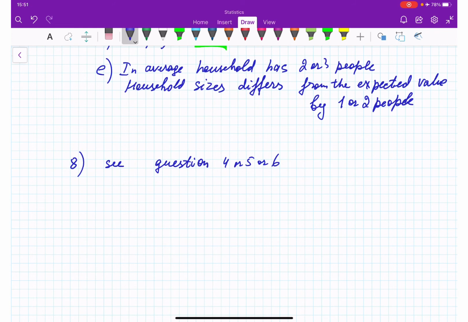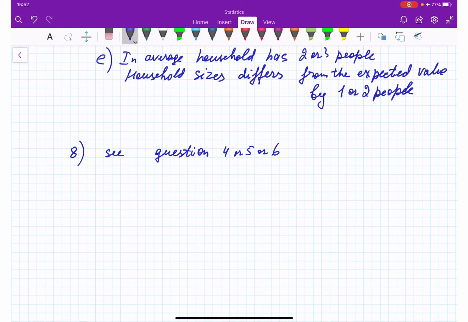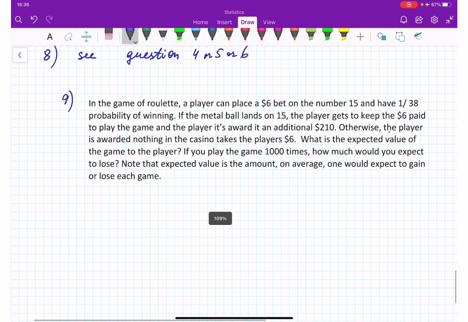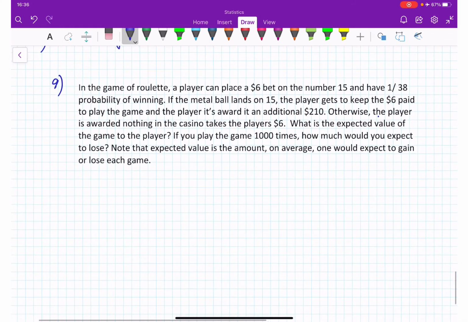Now this is becoming interesting. Here we are going to calculate expected value. Here we have an entire problem for expected value. I turned the recording off so I could type it in, so as not to make you wait. So let's solve the question here. In the game of roulette, a player can place a $6 bet on the number 15 and have